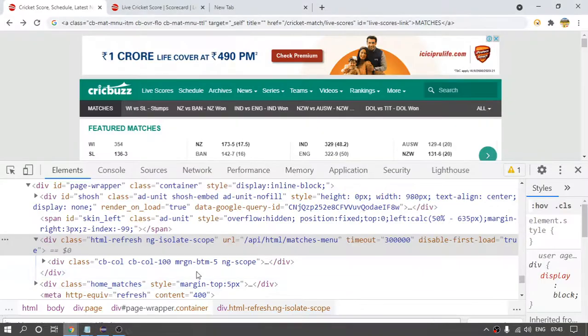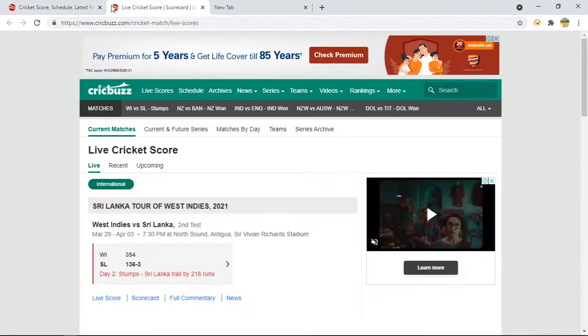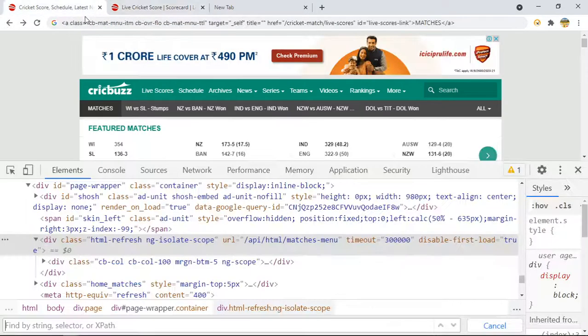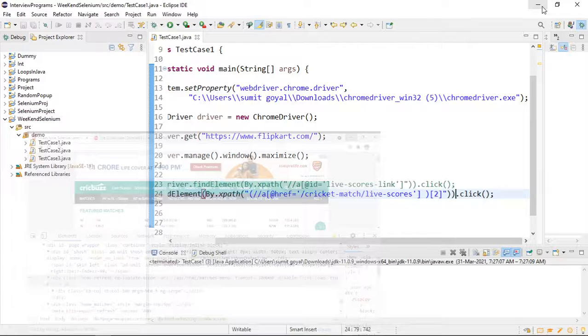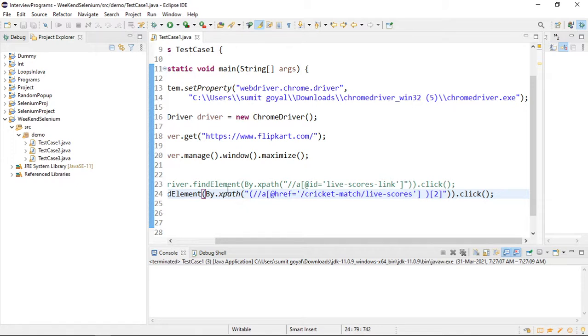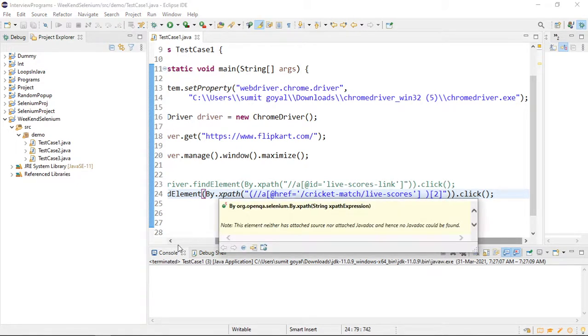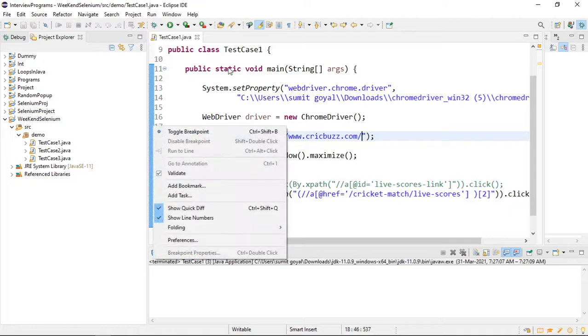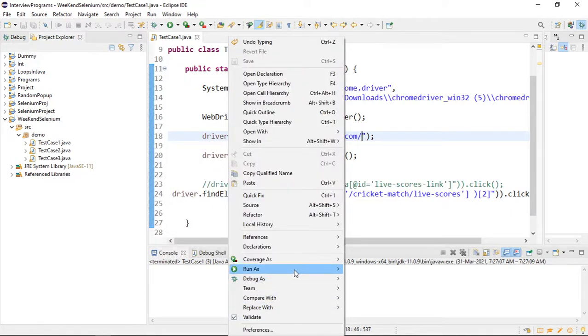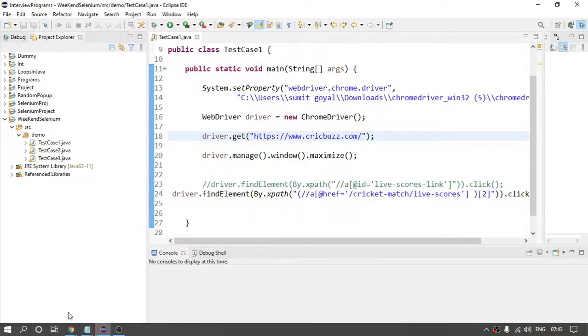Okay, so first let's open the UI. Yeah, driver.get, you have to change it. If I change it here and run it, it should click on that live page.